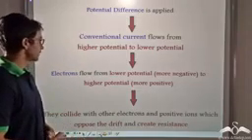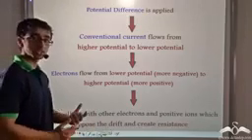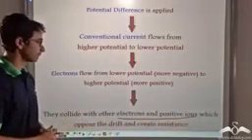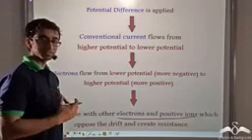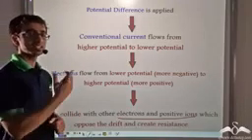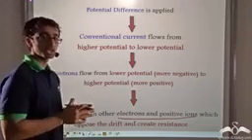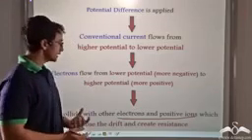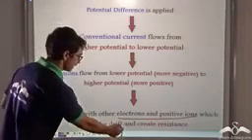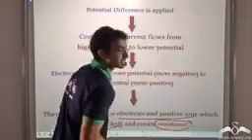So as a result of this, when the electrons are flowing from one end to the other of a conductor, they collide with other electrons on their path as well as with the positive ions which are present inside the conductor. And due to this, their drift, that is the drift of the electrons, is opposed and a resistance is created. Just like you saw in the case of the boy and his friend, where the running of the boy was opposed or resisted by his friend. So even in the case of electrons, due to their collisions with other electrons and positive ions, an opposition is created, or in other words, a resistance is created.